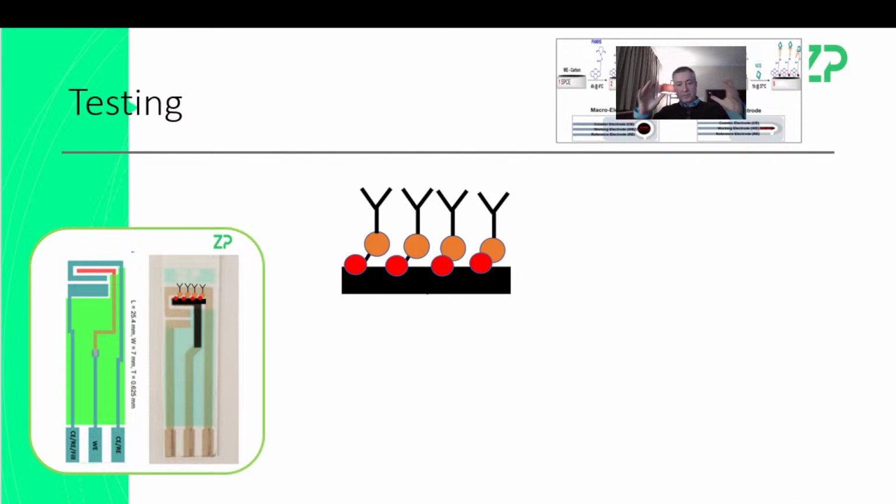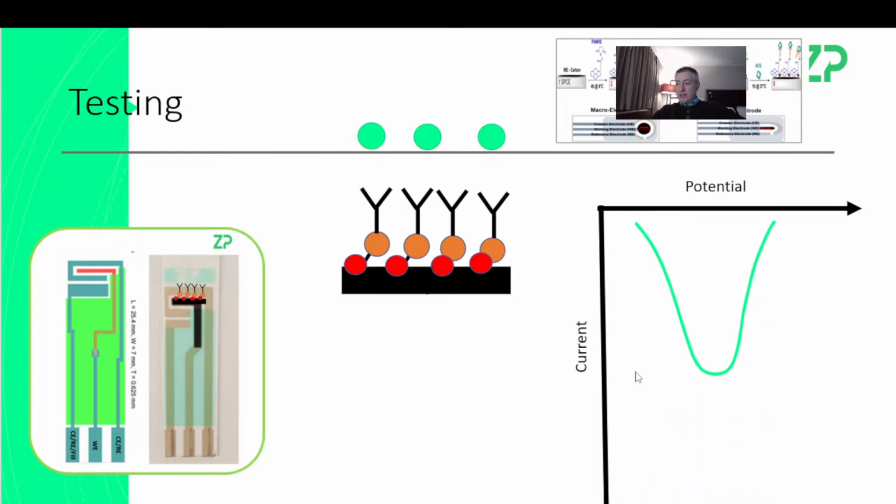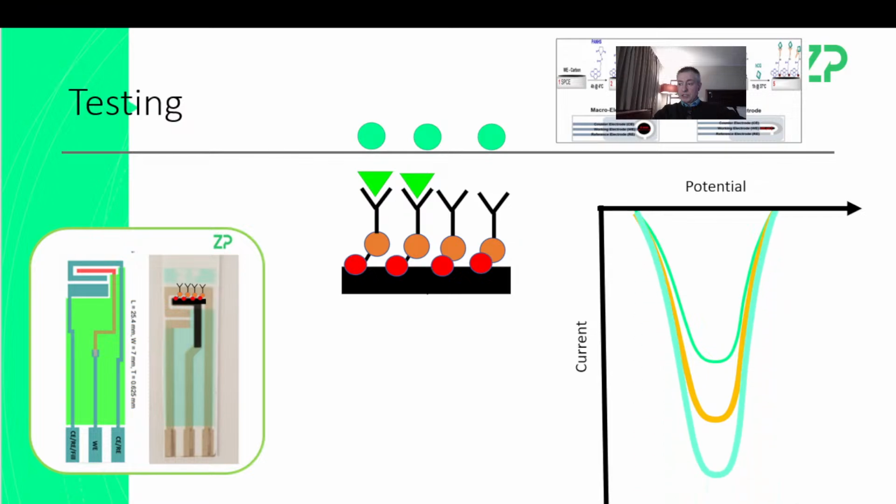Protein is a very broad term. Protein could mean enzymes, it can obviously mean antibodies, or antigens, I should say as well. But we build sensors which are immunotype sensors. When the target binds, the surface changes, and we can measure that change using something like differential pulse voltammetry,